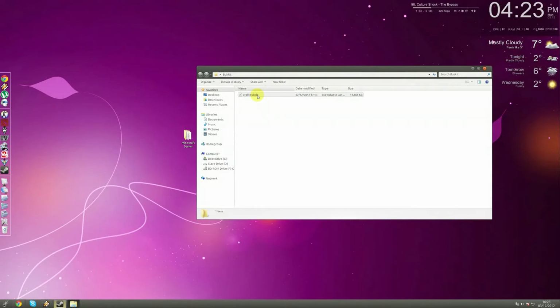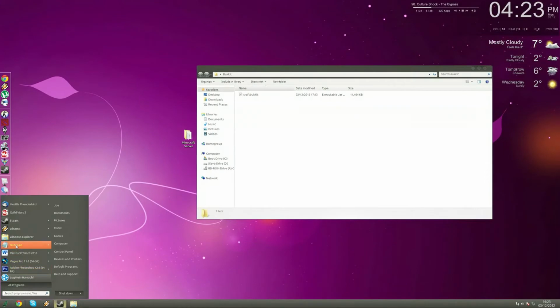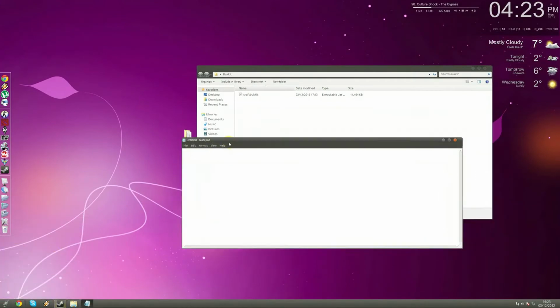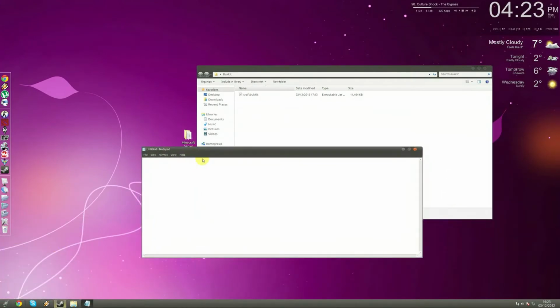when it's up. So what we're going to do is go to Notepad and make a batch file. A batch file is basically an executable file which features some code, and it's going to run CraftBukkit with Java on a command prompt, so we can actually see what's going on. So you want to just put this in here. I'll put it in the description of the video on YouTube for you, but you want to put